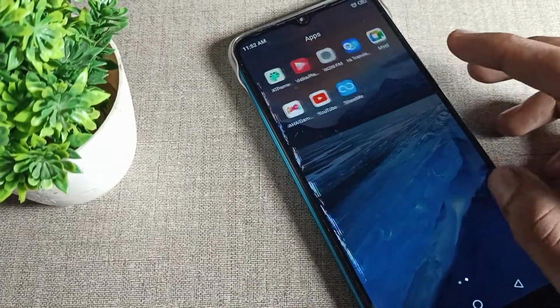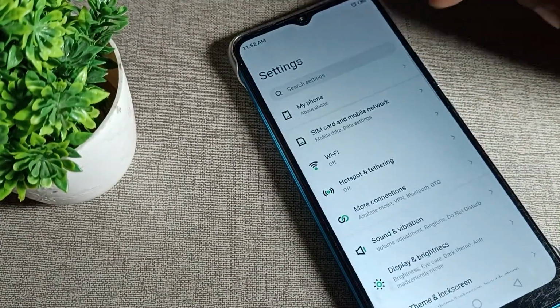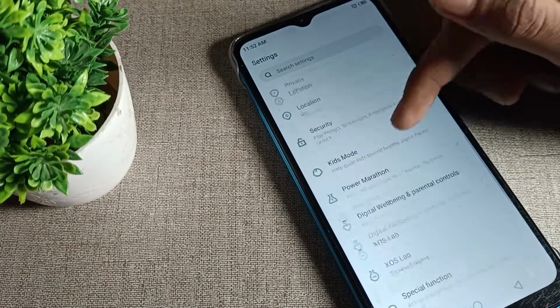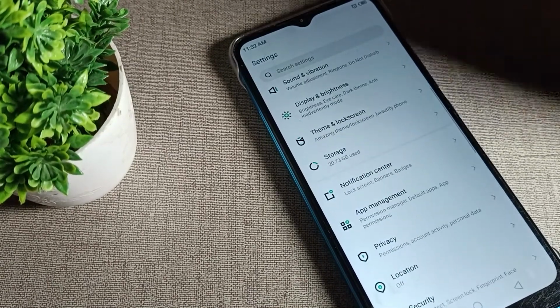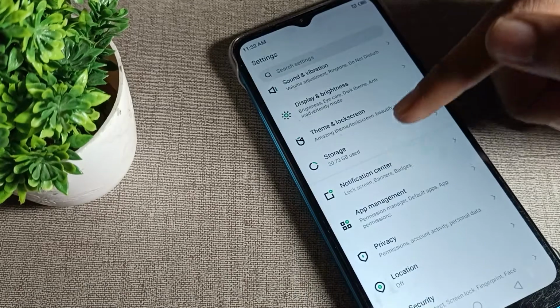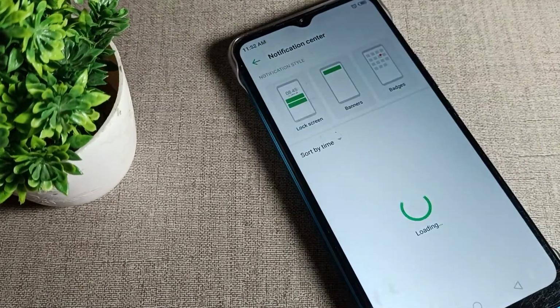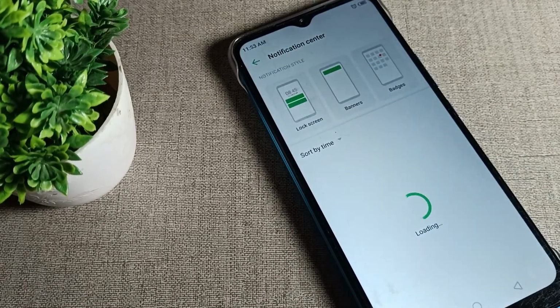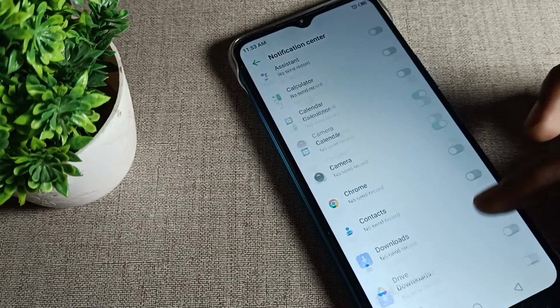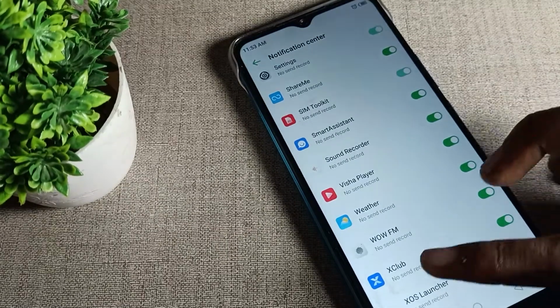So when we open our phone settings, after opening phone settings, scroll down friends, you can see this tab of settings and we will click on this phone notification setting. Notification center, tap here, wait for 5 or 6 seconds, then we can turn on phone app notifications from here. So you can see your whole app list, you can see this app